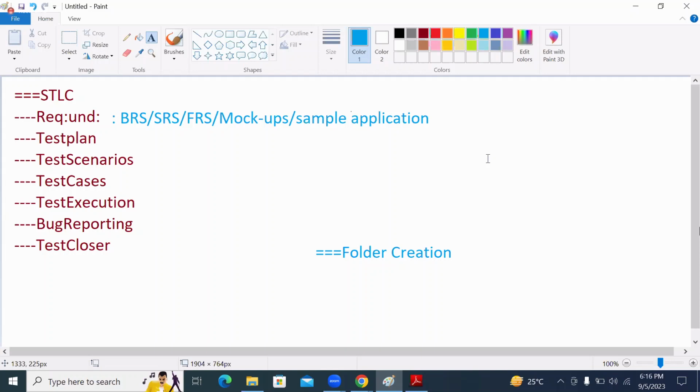Remembering each and every requirement explained by the client is not easy. Because of that, the client provides the requirements